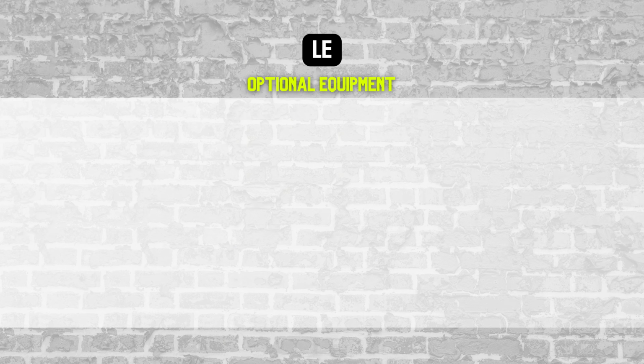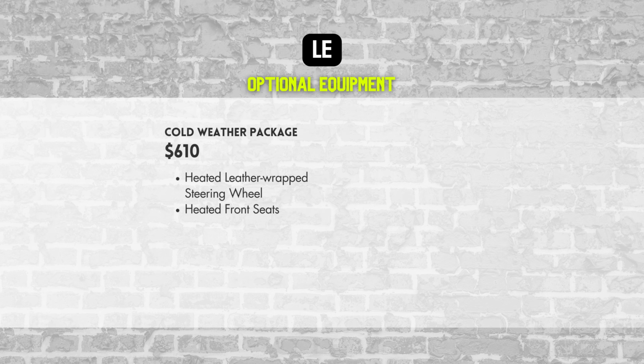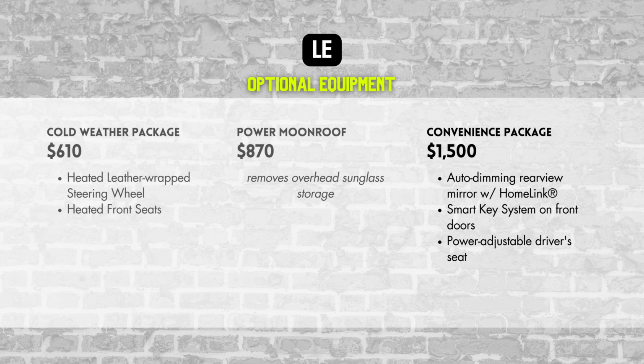Optional packages for the LE include the cold weather package for $610. This will include a heated leather-wrapped steering wheel and heated front seats, a power tilt and slide moonroof for $870, which removes the overhead sunglasses storage, a convenience package for $1,500. This will include an auto-dimming rearview mirror with HomeLink and the smart key system on the front doors and a